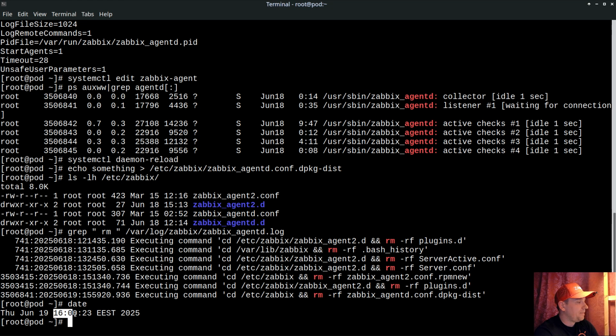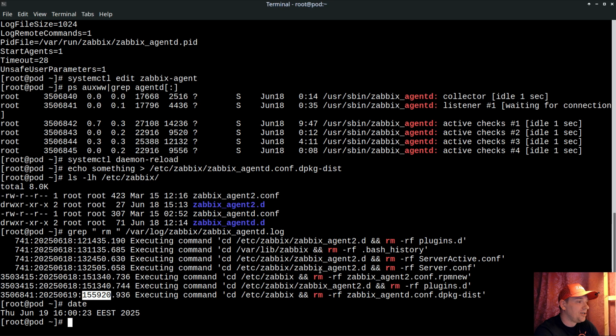I have 1600, and at 1559 it did execute this sensitive operation. The agent did something, and we can see in history that I'm using this solution myself pretty heavily, removing some stuff